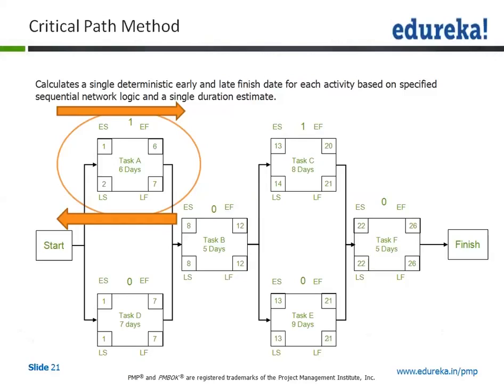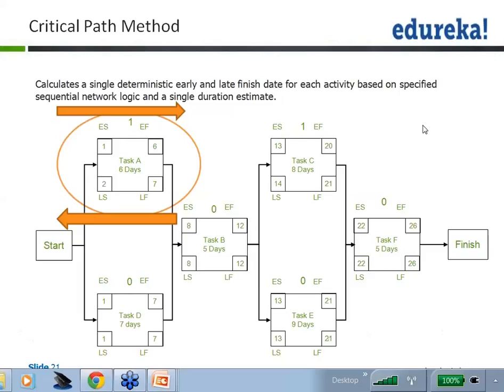There is a question by one of the participants saying, can I know the detailing or the definition of the early start and early finish and stuff? Sure. And this is very simple as the full form of these names itself. The early start means the best time earliest available for us to start is known as the early start. What is the earliest time I can finish a task is known as early finish.